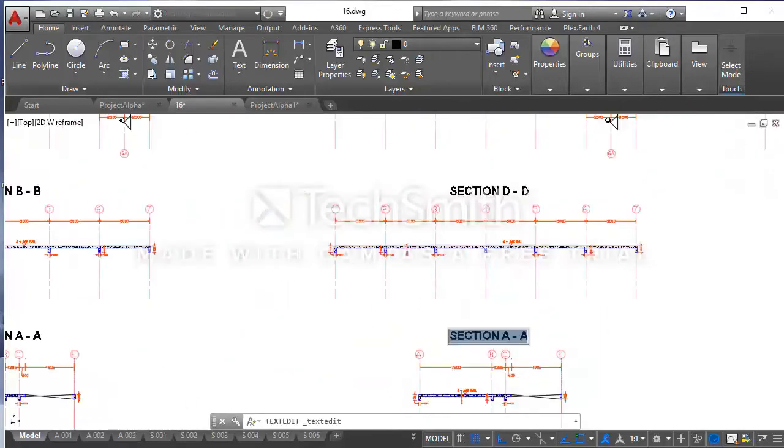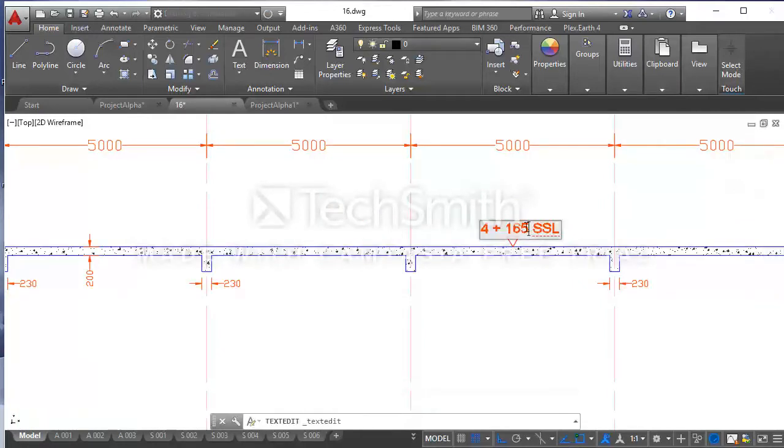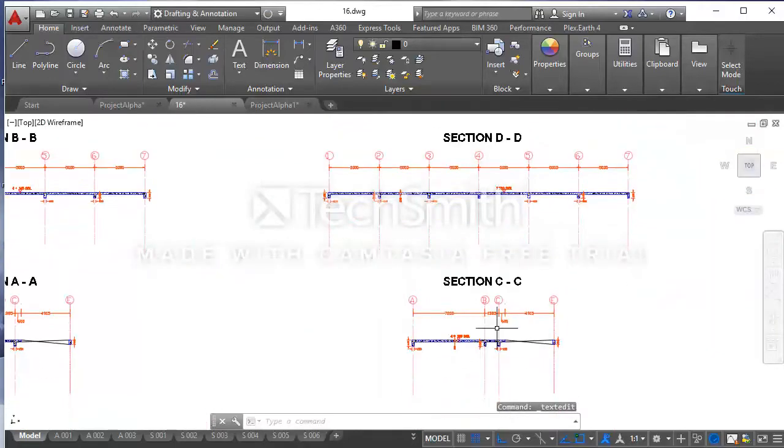Change this one to section CC. This elevation tag here, I need to change it to 7.730. I think that's all.